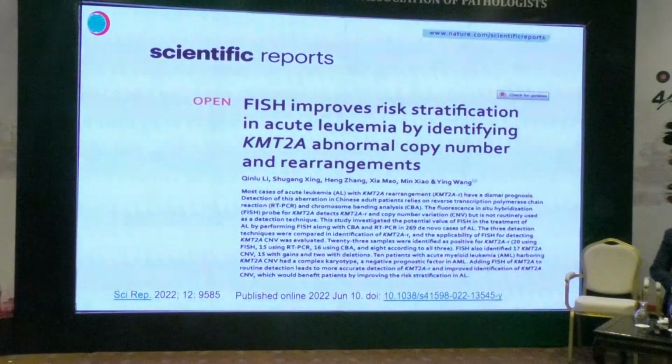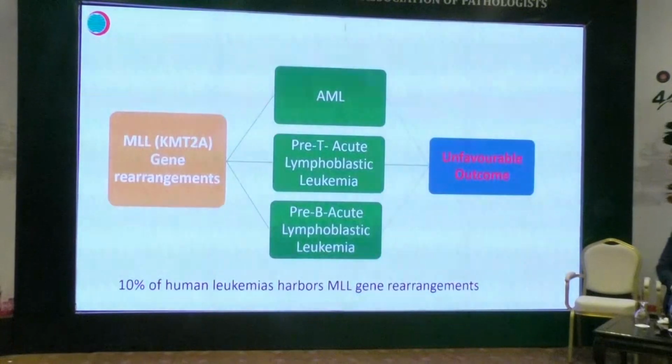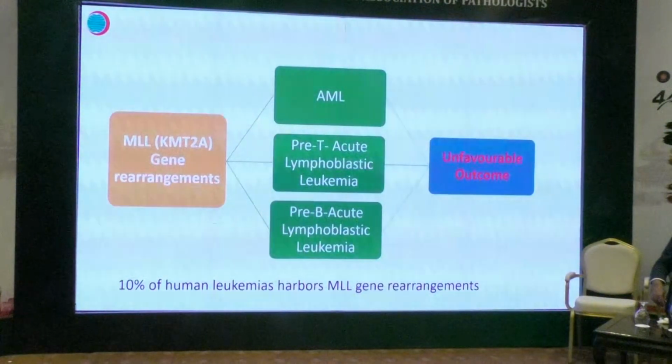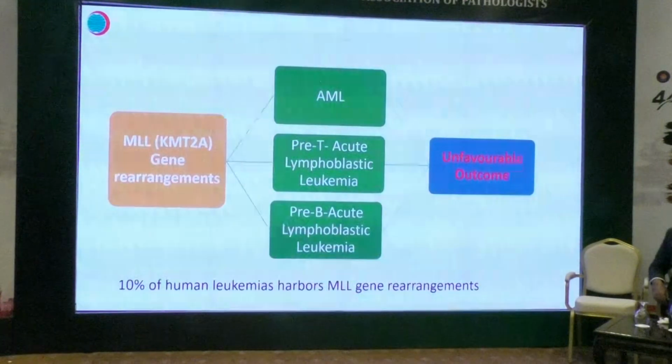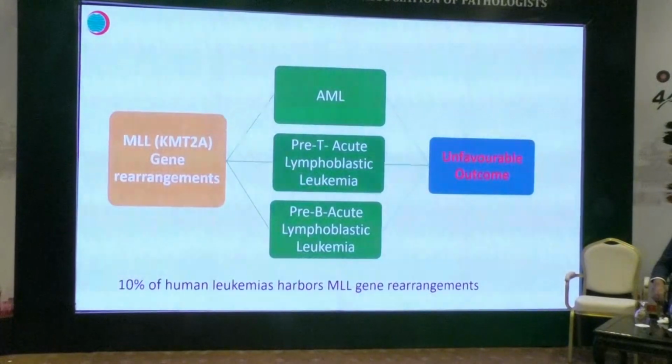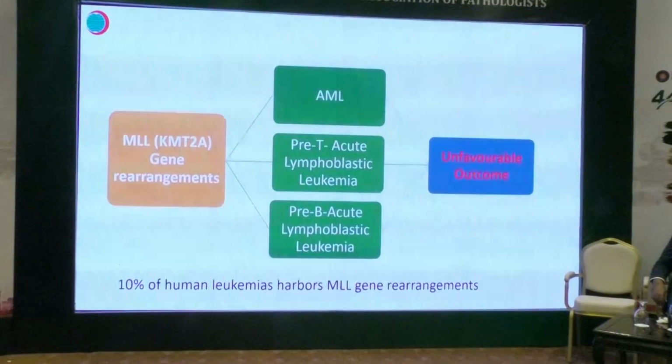They studied 269 patients, and side by side they did RT-PCR, and showed that FISH is a very good tool in assessing the MLL gene rearrangement pattern. 10% of human leukemias, that is AML, precursor T acute lymphoblastic leukemia, and B acute lymphoblastic leukemia, harbored MLL gene rearrangements, and overall they showed an unfavorable outcome. Only 2 patients had MRD negativity. Otherwise, most of the patients either expired or were persistently MRD positive by flow cytometry, or